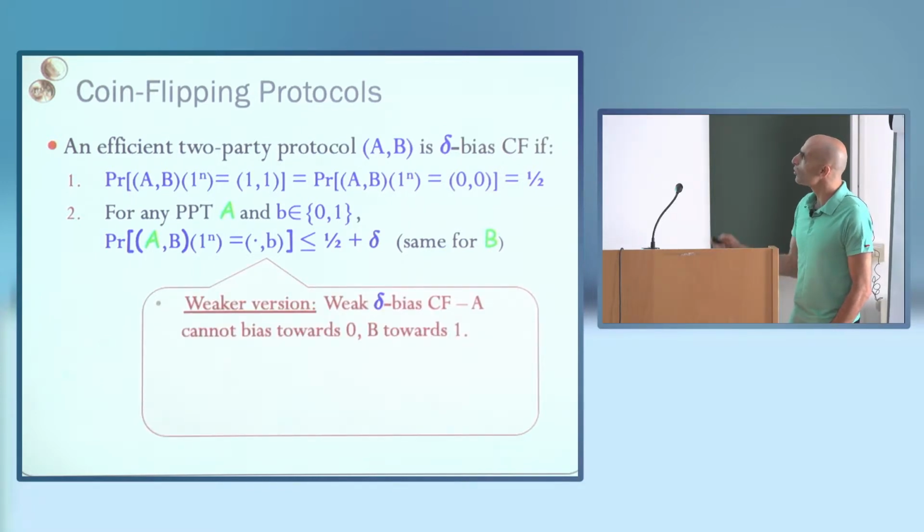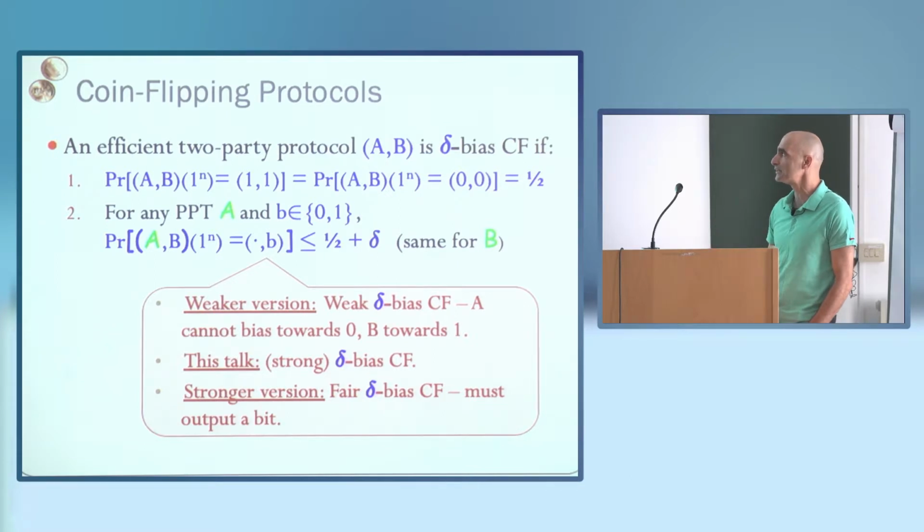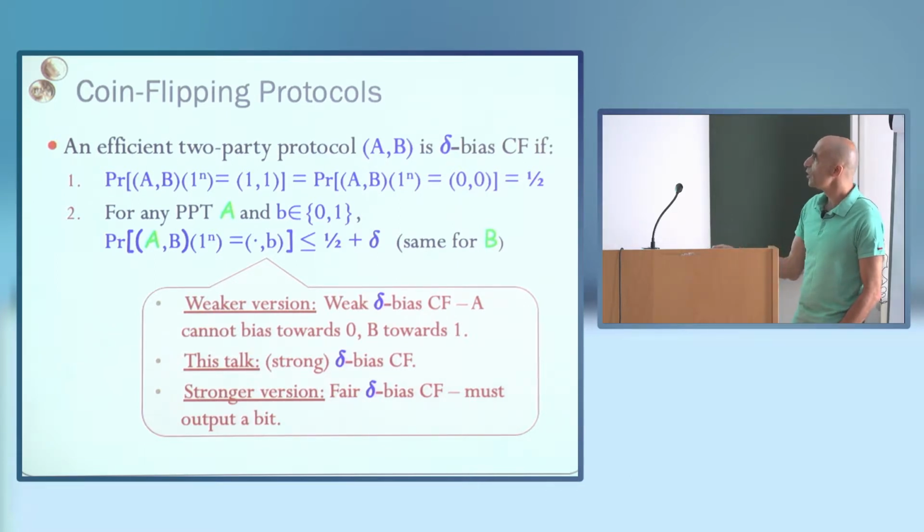Okay, thank you. So we can also think about a weaker version where Alice knows that if the output is 0, she gets the car, and if the output is 1, Bob gets the car. And in this case, we should only protect against Alice desiring 0 and Bob desiring 1. And the fair coin tossing that Nikos talked about is a stronger primitive where the honest party must always output a bit. And in most of this talk, I'm going to only talk about this definition, which is also known as strong delta bias